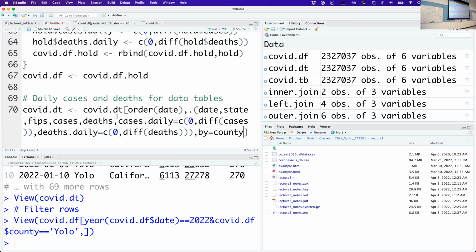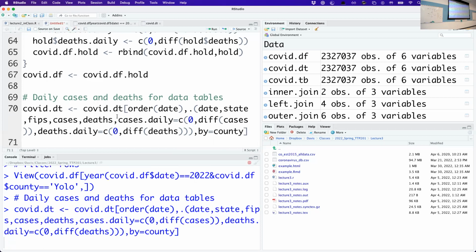You can imagine that each of the columns is a county, right? That would be the wide format. But in this case, it's all been put into a single column, which lets you do stuff like this. I can say by equals county. And if I run this,